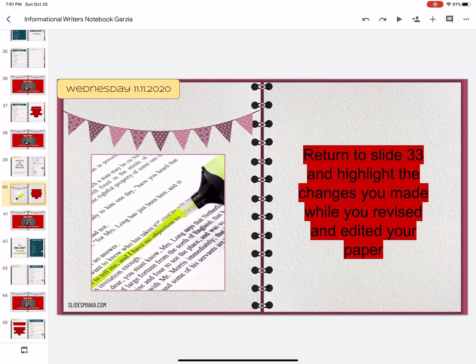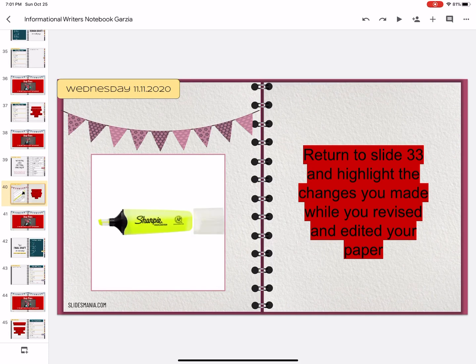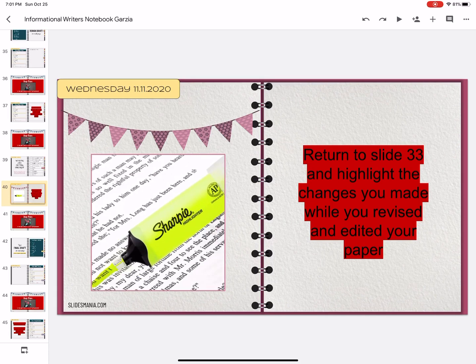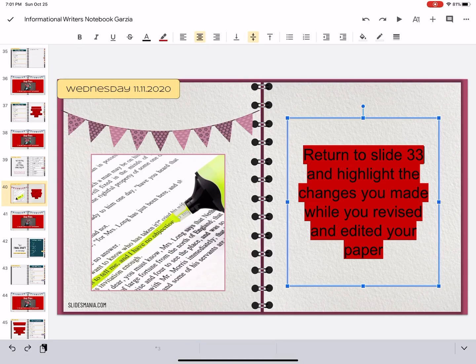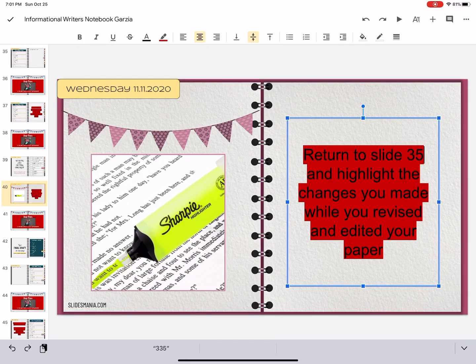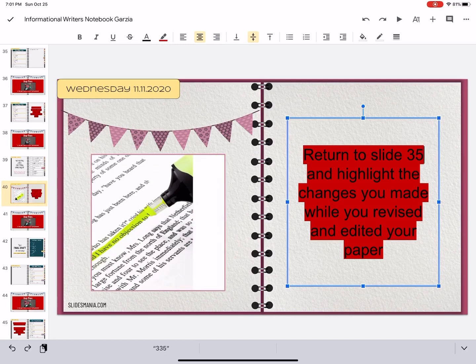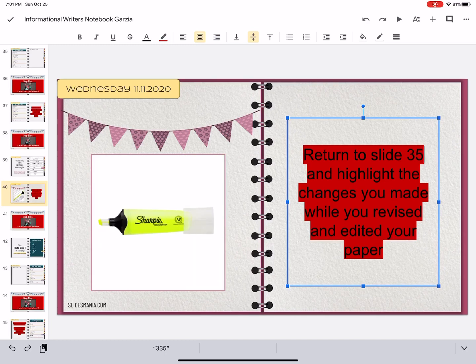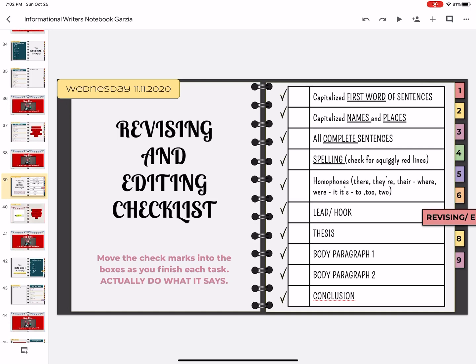Now, this is very, very important. You're going to go back to, it says slide 33, but that's wrong. It's slide 35. You're going to go back to 35, and you're going to highlight the changes you made while you're revising and editing. So say you're up here and